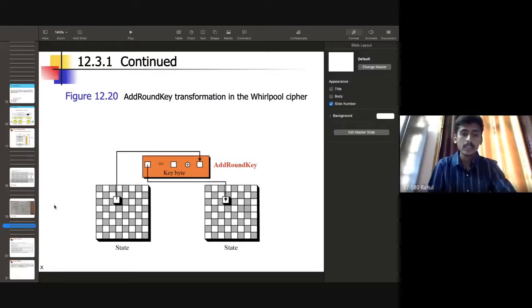What it actually means is we consider one byte in this stage, and for that byte the Whirlpool cipher will generate a key. Now we perform the bitwise XOR operation, and the result is placed in the respective field in the new state. We do this for all the 64 bytes, and we will get the new state.